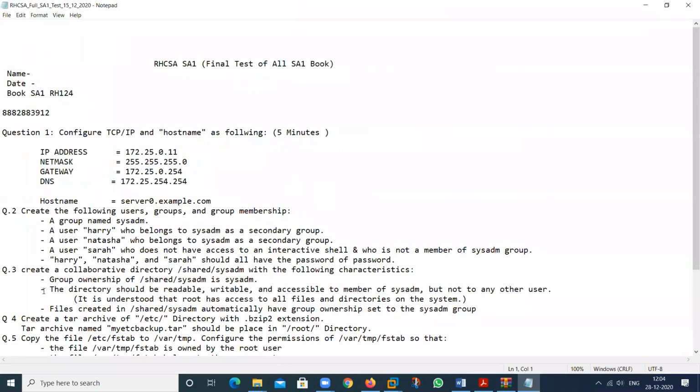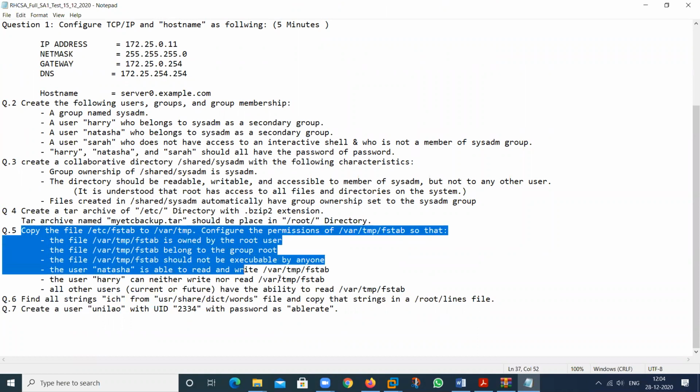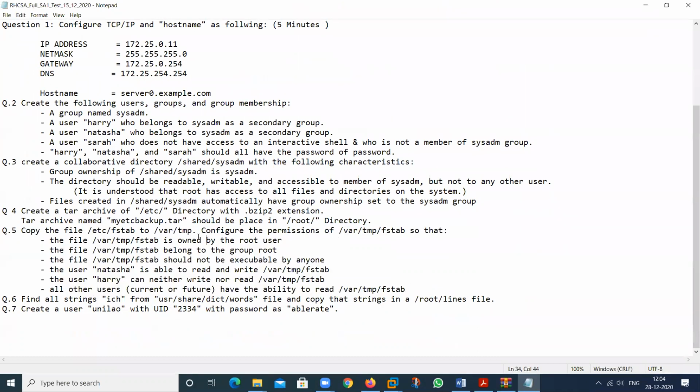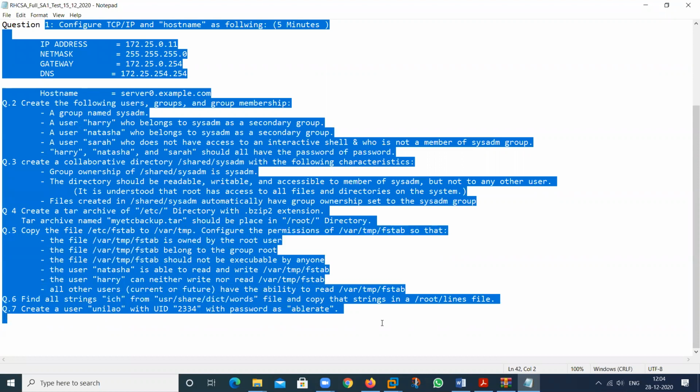Suppose this one, see this one. See, I have also completed this one. So these types of questions I will give you. Suppose if you want to search anything, this is related to archiving, this one is also different. So all these questions I will give you.